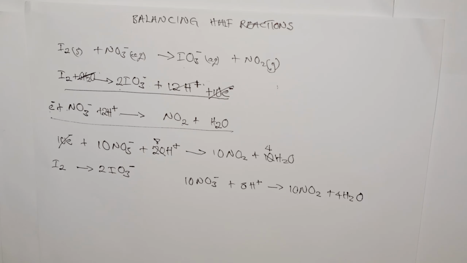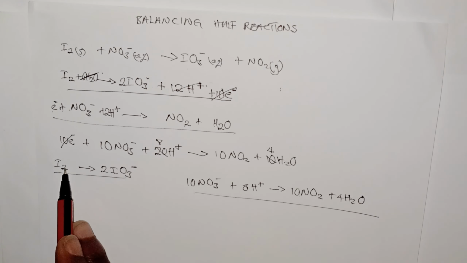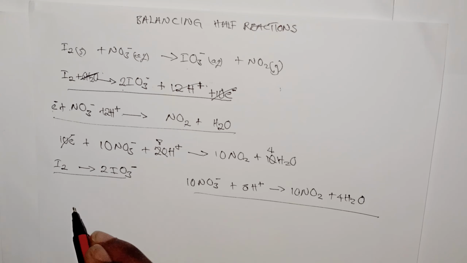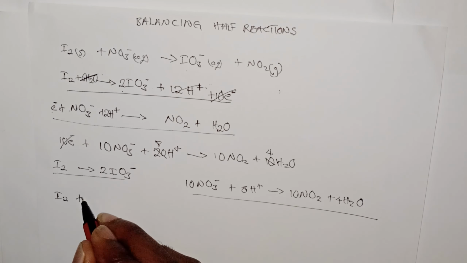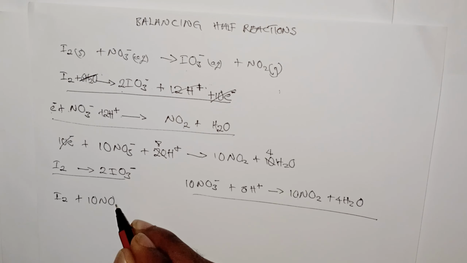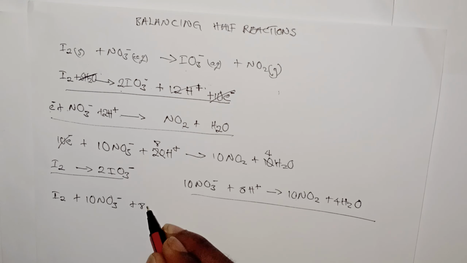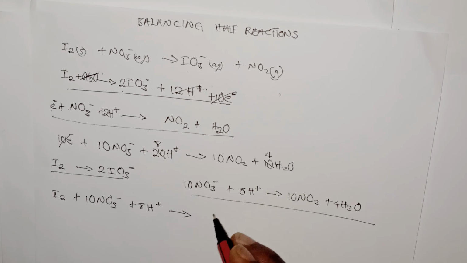Now what we have to do is to combine this one and this one, meaning everything that is on the left side and everything that is on the left side on this one will be put together, right? And everything on the right and on the right are going to be put together, right? So let's get it done. We have this one, then plus 10 nitrate ions plus 8 hydrogen ions is equal to